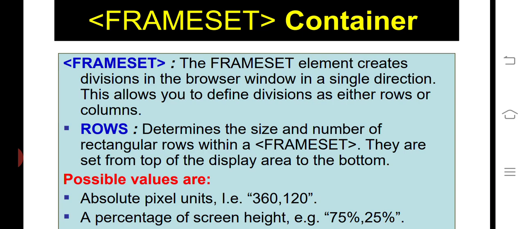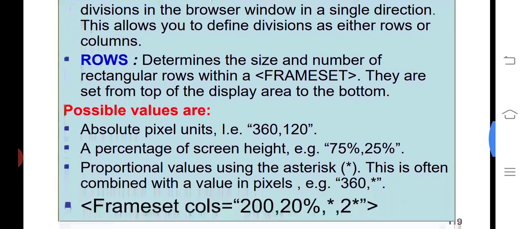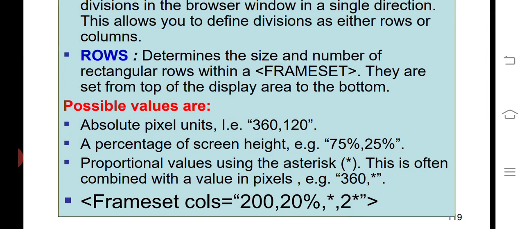HTML frameset code. The frameset container element creates divisions in the browser window in a single direction. Not only a single direction, left or right; this allows you to define the divisions as either rows or columns. The rows attribute determines the size and number of rectangular rows within the frameset, set from the top of the display area to the bottom.